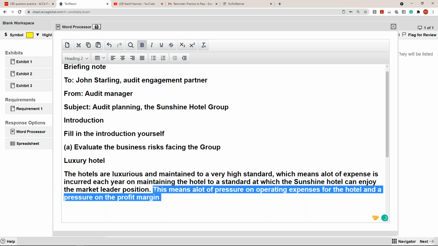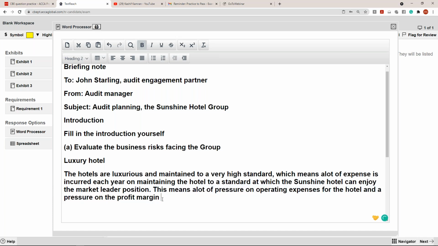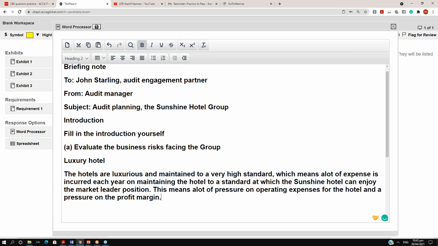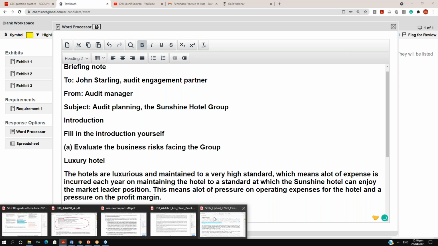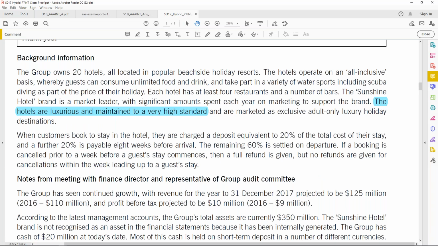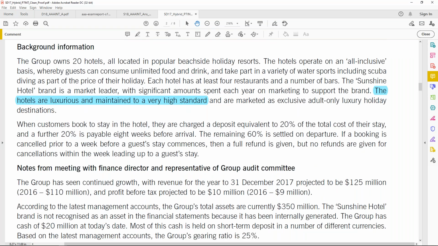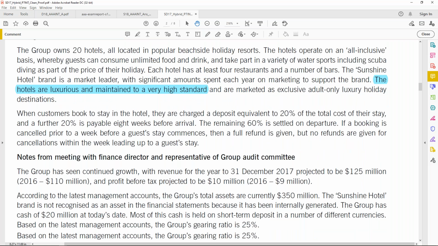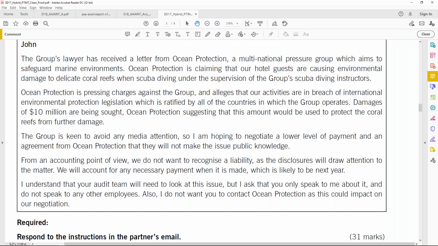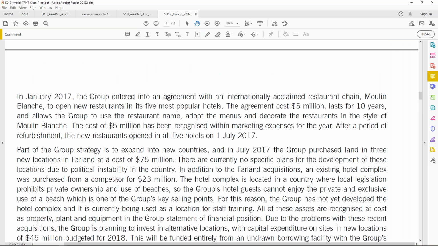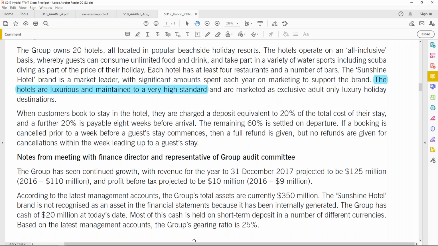This means a lot of pressure on operating expenses for the hotel and a pressure on the profit margin. Now I put a full stop and I go back to the case study to find is there exactly a pressure on the profit margin. So I go back to my case study again and I go to page number 2, and on page number 2, okay, sorry, there is no information given up here. I come back to page number 1, and in page number 1 it says the group